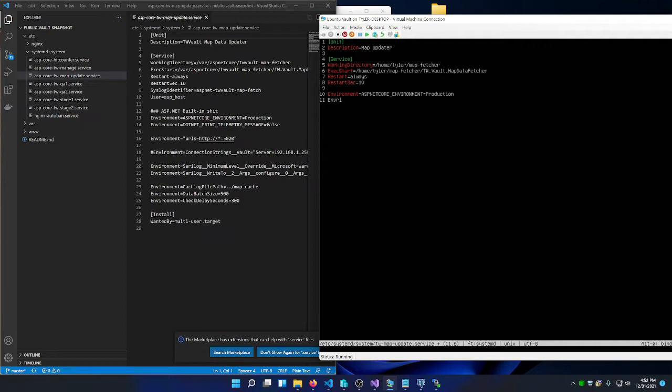I do not remember what that .NET print telemetry message equals false does, but I'm going to set it anyway. Environment equals URLs equals. So this is how we're going to specify what ports this will be listening on. So this also works for the other Vault web applications. You can do this URLs equals whatever. Any host port 5020